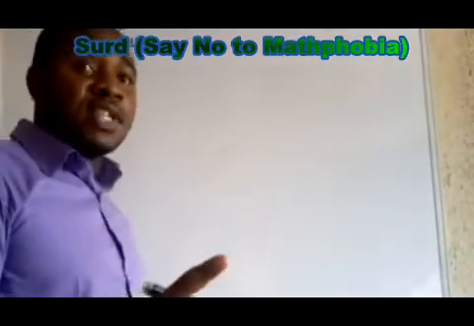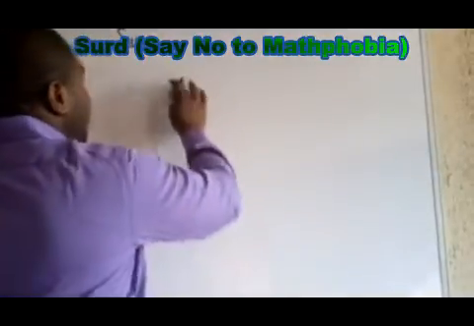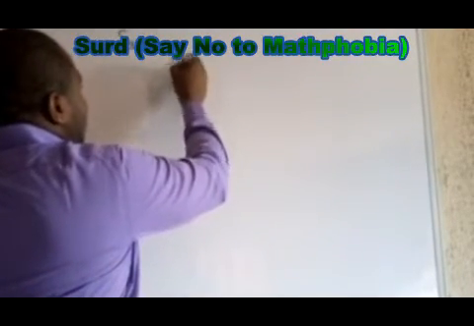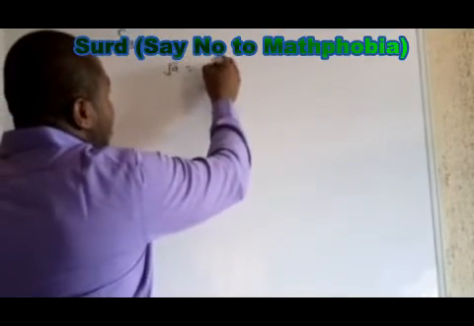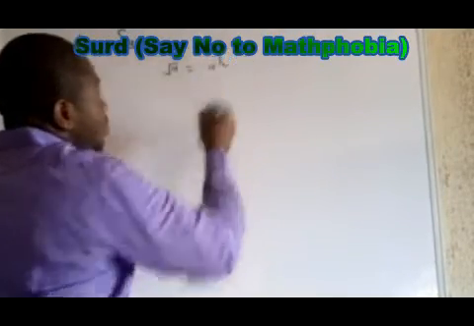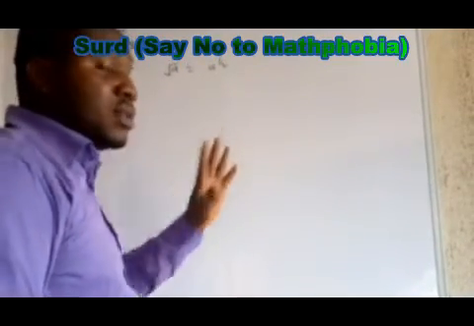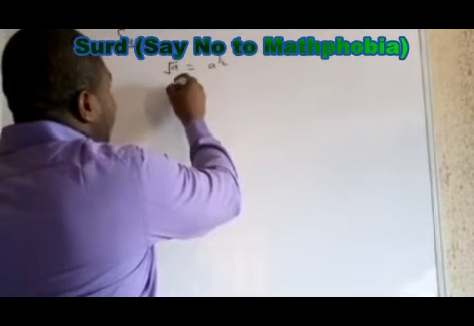Now, there is a different representation of surd. You can represent surd in index form. What do I mean? Let's use our a. In surd form, you can represent root a as a raised to the power 1 over 2. That's in index form. And now, if you have them multiplying each other,